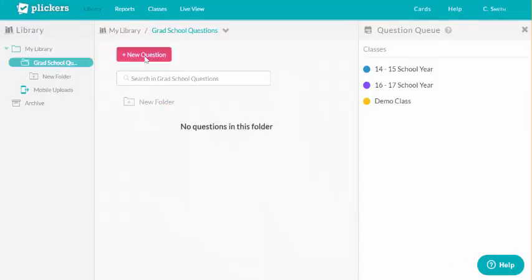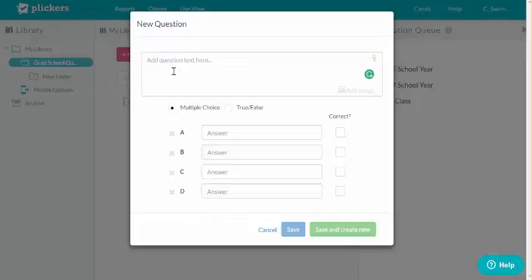you can add questions. So to add a question, you click on the new questions, and I might say, what color is the sky? And it's a multiple choice question, and so I might say it's red, it's green, it's blue, or it's black. Well, we'll go with purple. So you can choose which of these answers is correct by putting a check mark there,